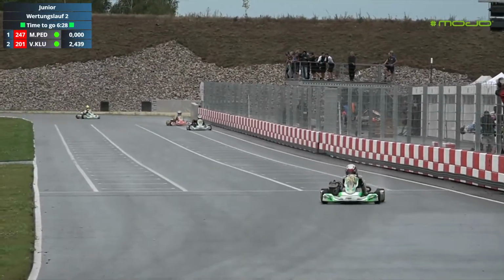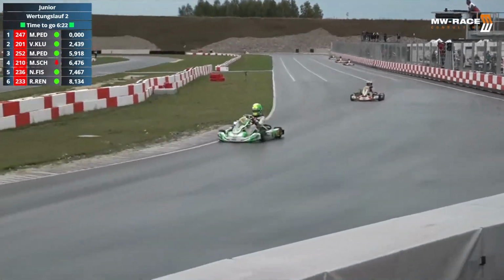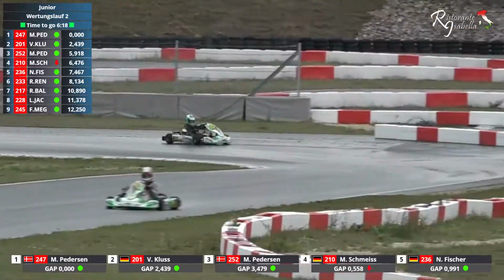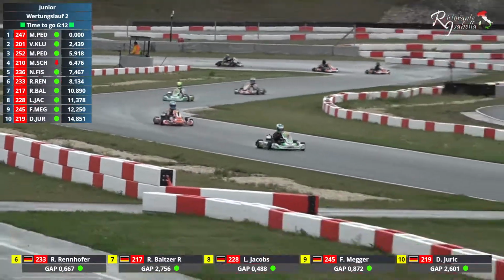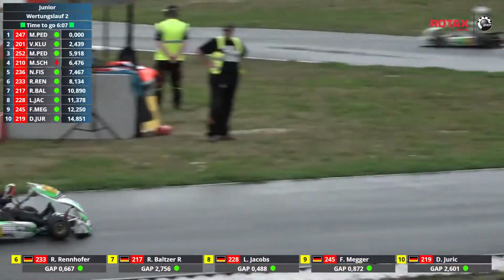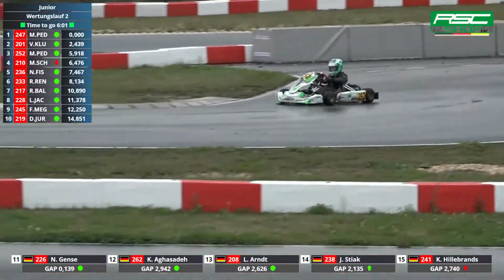Plus a lap, Magnus Pedersen leads, as Valentin Klus has put in the fastest lap of the race and has gone just over 4/10 quicker than the leader, a 1 minute 6.182. Mikkel Pedersen is a further 3.5 seconds adrift in third place. Morris Schmeitz is ahead of Nevio Fischer, Raphael Renhofer, Raphael Balzer, Lewis Jacobs, Farin Mega, now having started from 16th